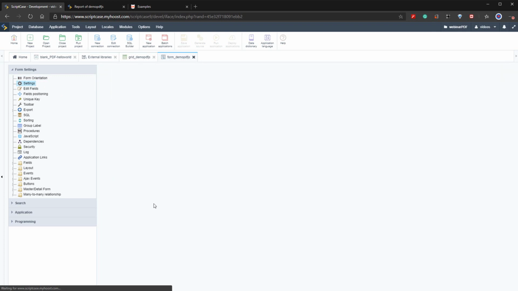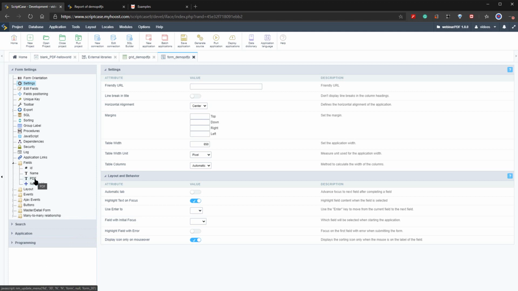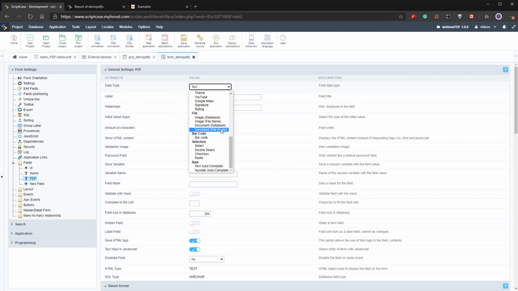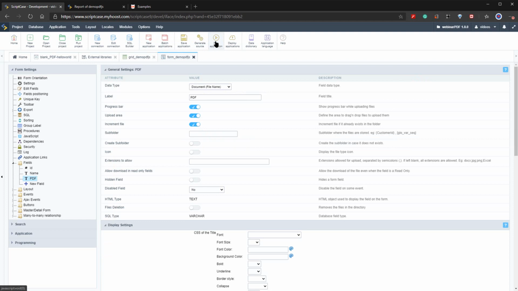And then here within the settings, we can change this form also and modify the width to 650 pixels. We can add some margins if we need to. We can change the use enter to enable on tab. Once we've added buttons, we should be able to enable that also. But for the time being, we have here, first of all, the ID, name, and PDF fields available here. So at the moment, the PDF is a text field, and we now need to change this to a document and then file name. Okay, so now if I go ahead and run this,